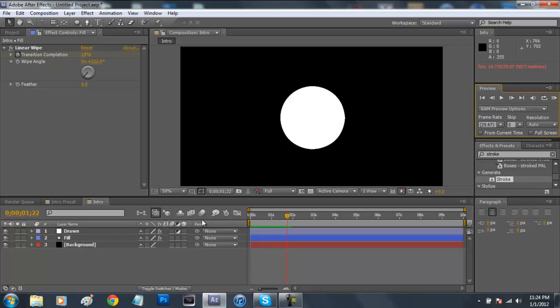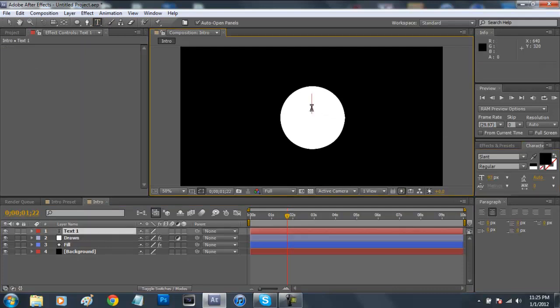So now when it draws out and when it fills in, what we'll have come in at about the same time with the white fill is our name or logo or your abbreviation on the circle. So what we want to do is come up to our text tool, and I'm making this for a long-term client of mine. His name is TD Dubstep. His link is in the description, guys. He's an amazing dubstep promoter, so we're going to be making this for him for all of his songs and stuff. So we're just going to slap a TD right on the center of this